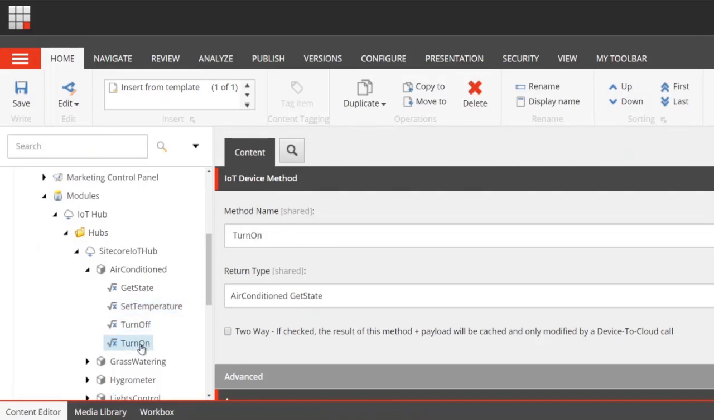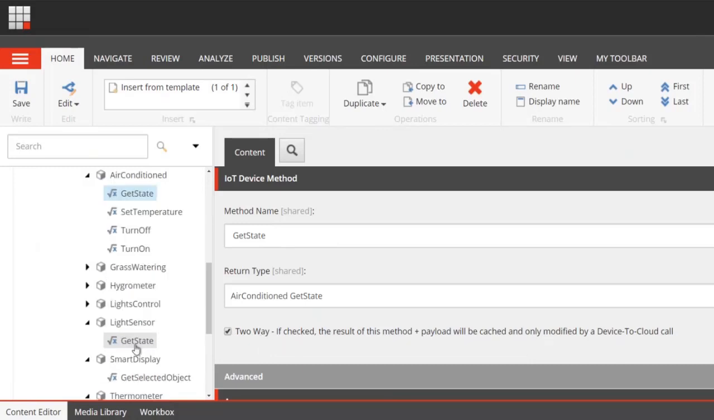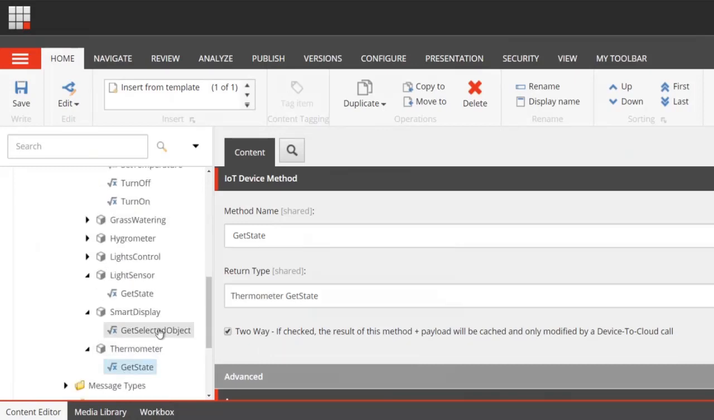Turn off and turn on. And most important, some of these methods are set as two-way. Usually the get states are two-way, meaning that the device can inform Sitecore when that state changes, so that I can take advantage of a local cache in Sitecore instead of having to request that information directly every time. That makes that very, very